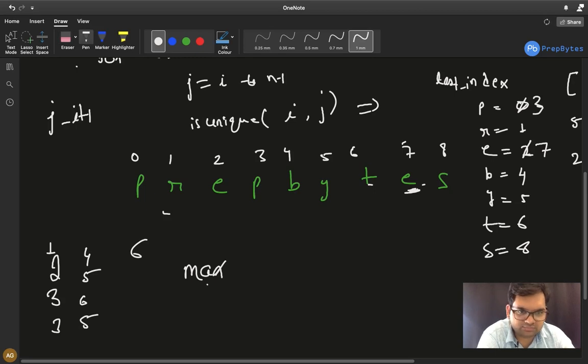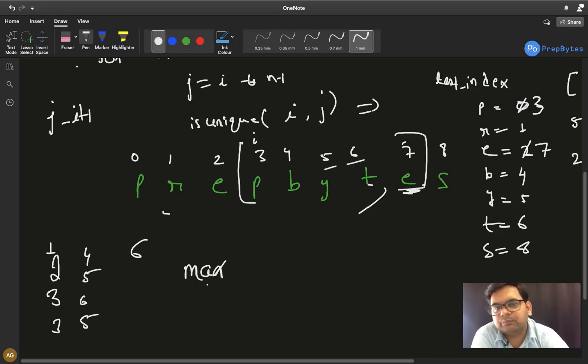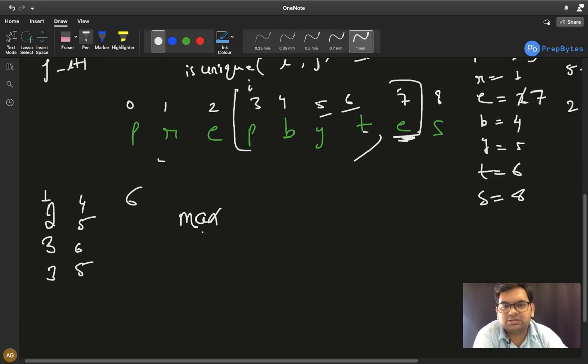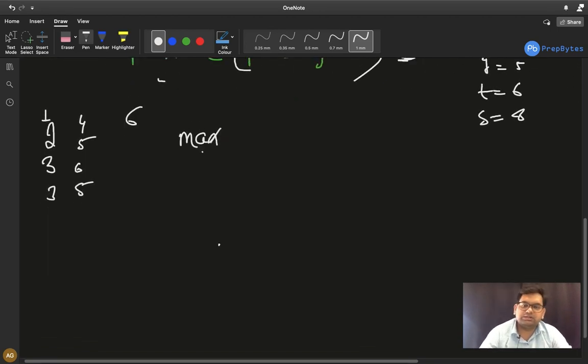J is already incrementing one by one. I is changing only when an element is occurring again. So if the already seen element is occurring again, fine, I becomes this last index plus 1. Fine, and then we get the length of this particular window. Fine. So this is how the question is solved. Let me just show you a simple pseudocode for it.